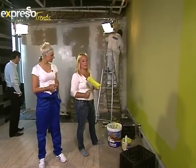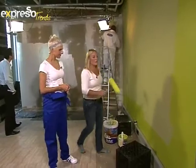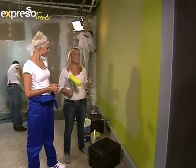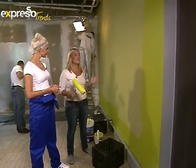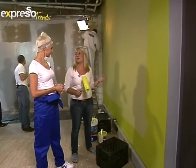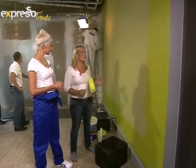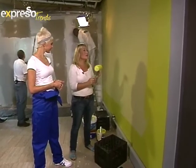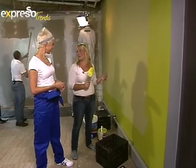Tip number 1, the green. On the wall, on the colour card, sometimes it looks much lighter. But if you're on a bigger surface and you paint, it can look darker and it does dry darker. So always make sure, paint a few colour blocks in different shades and then choose from there. And that is a very...